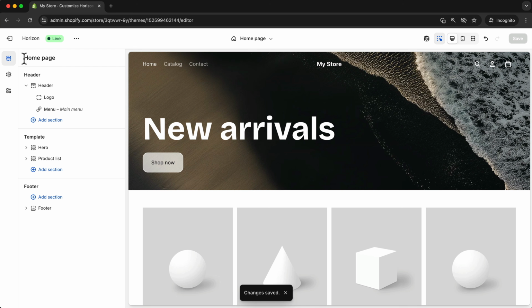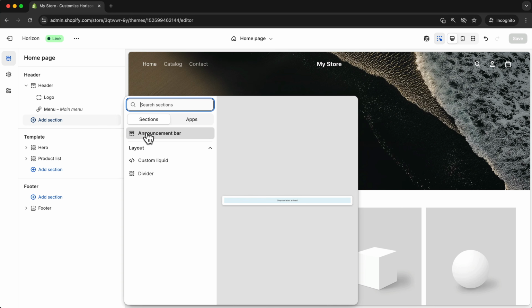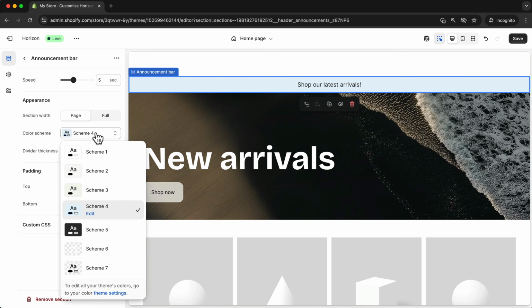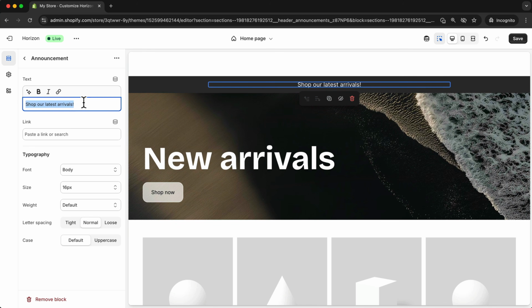Let's click on back over here one time. And for your header section, there's one more thing I want to show you. You can click on add section. And a very popular section is the announcement bar. So you can click on announcement bar. For the color scheme, we can change the color scheme to maybe a dark one as well. And then we can also click into that one time. And here you can change the text. So for example, you could do free shipping,